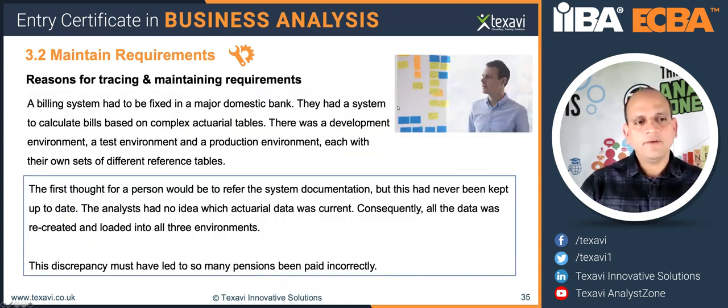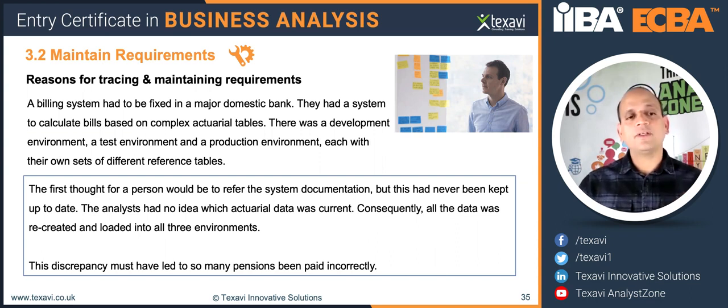So again, think about, for example, a billing system in a bank, or an invoicing system in an organization that needs to be fixed. You've got all these different business rules of how to come up with a final insurance quote, some actuarial work, or how to come up with your insurance quote for your home or for your car. There are so many factors and variables that need to be considered. If you do not have a proper understanding of where these are captured,